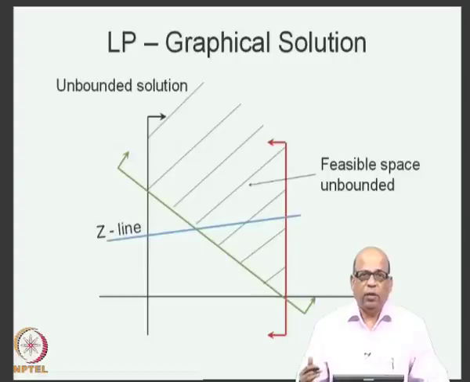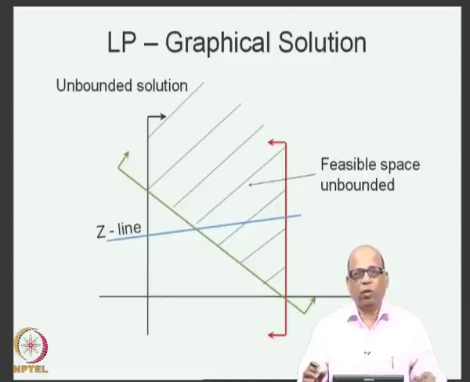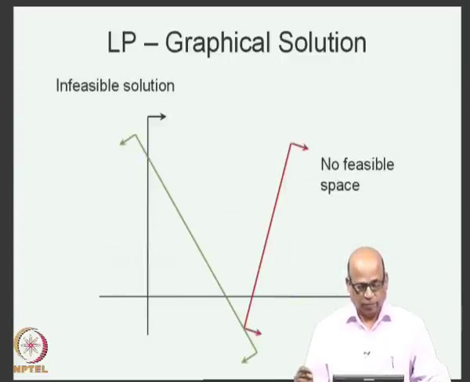Your set of constraints may be such that you may not get a feasible space or feasible region at all. You may have several constraints, and then you are plotting the set of constraints. Some constraints will define some region, some constraints will define yet another region. There is no intersecting point at all, no intersecting region at all. Such problems lead to what are called infeasible solutions or infeasible problems.